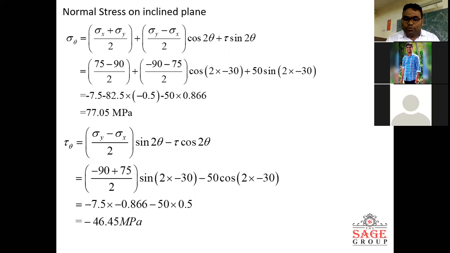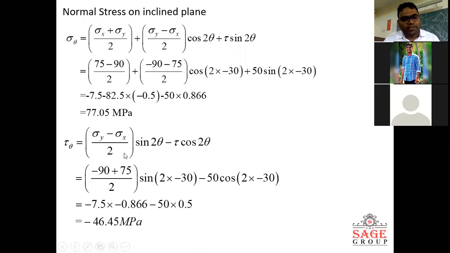And now we will put the value with the sign. So sigma y is minus 90. Okay, sigma y is minus 90 and there must be something missing. You just write here minus 90, there must be minus 75, because we have to consider this sign. So this value might be changed. Okay, no problem. I'll do that when I share this.